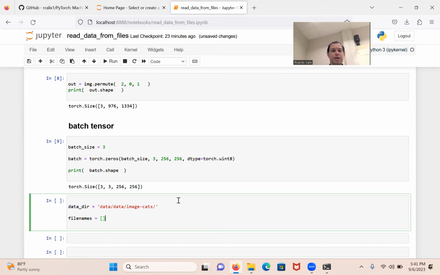I'm going to do a list comprehension. Remember, that's what this is when I do a whole bunch of operations in just a list. All right, so what do we need? Let's think about this one. We're going to use os, which is a library that's available in Python. It has something called listdir, just like that. And then we're going to specify our path, which is data dir. Okay. That should give us basically all the files in there, which there's 3 of them. So we're going to say for